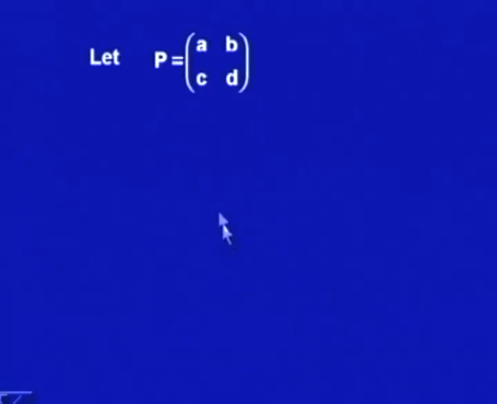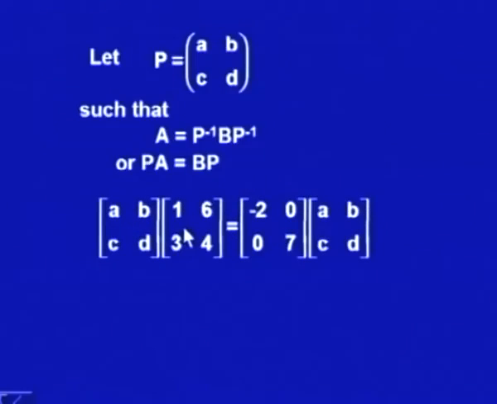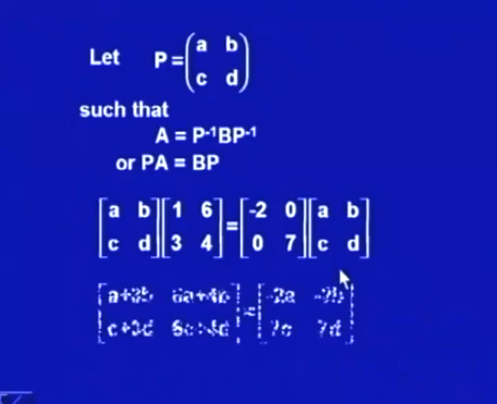Now, for this let us consider there exists a non-singular transformation P which is [a b; c d], so that we can write down A is equal to P inverse B P and then PA is equal to BP, and from here we can get A times P, the first matrix, is equal to the second matrix multiplied by P, and from here if you simplify we will have left hand side as a plus 3b, 6a plus 2b, 6c plus 3d and 6c plus 4d, while on the right hand side we will have -2a, -2b, 7c and 7d,